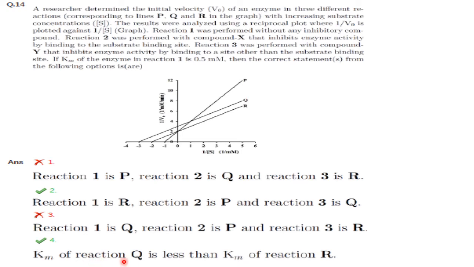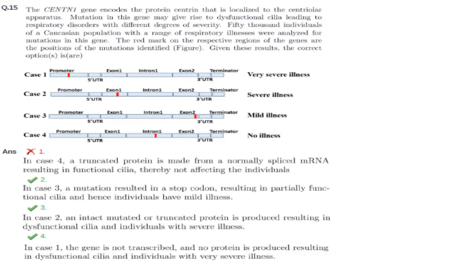Then the Km of reaction Q is less than the Km of reaction R. So for reaction R, I told you the Km value is 0.5. It's already given. And the Km for reaction Q, that is over here, that is minus 3 point. It will be less than the Km of reaction R. That is also correct. So options 2 and 4 are correct. Then